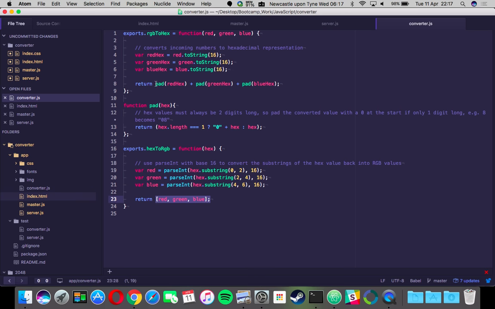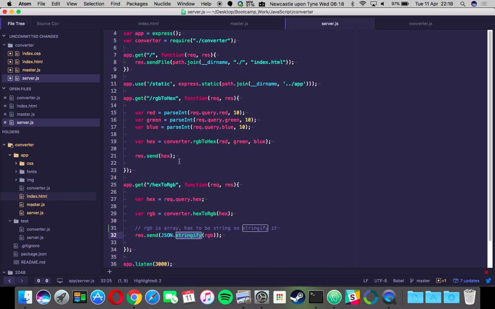We just want to run this pad function on them first to make sure that the length is right, because hex values are always 2 digits long. So if you have, say, a 1-digit number like 8, you want to make sure that it becomes 08 so that you get a hex value for that color that is 2 digits long. So if the hex length is equal to 1, then we'll just pad the string at the front with a 0. And then we're calling the hex conversion with the red, green, and blue hex codes, and then returning that to the function on the server side